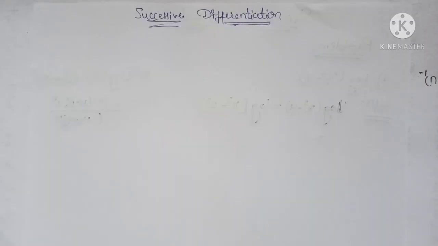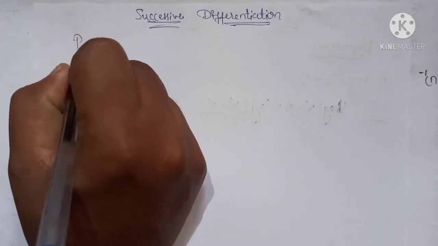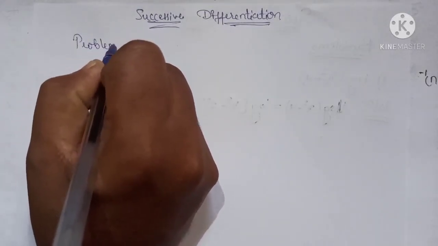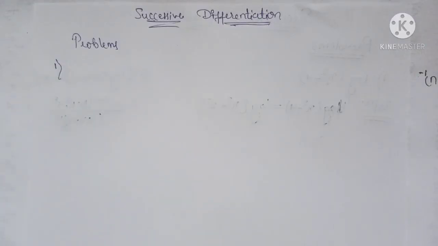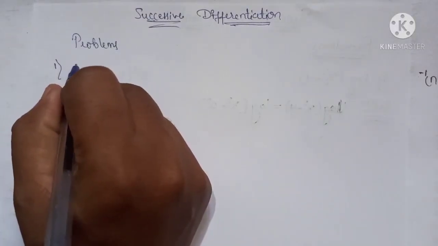In the last class we derived the nth derivative for some standard functions. Here we solve some problems on that. First we solve problems of the logarithmic form, that is log of ax plus b, by using the nth derivative of log of ax plus b. So first we consider